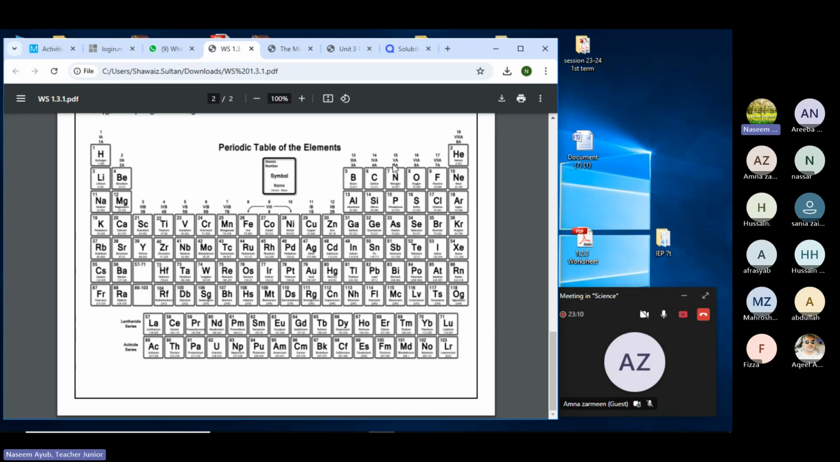Group 5 is called the nitrogen family. Then group 6 is called the oxygen family. Group 7 is the group of halogens, right? And group 8 is the group of noble gases, right? So these are all the groups according to their titles, and like that we have to decide their group